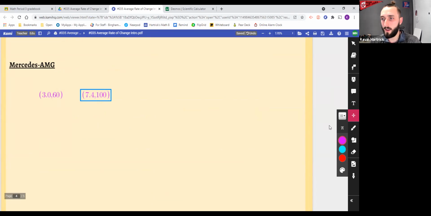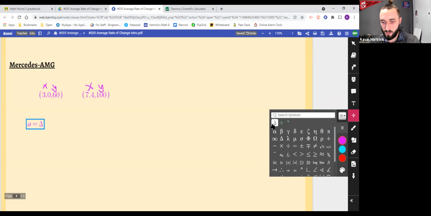Okay, labeling X, Y, X, Y. Sorry for my sloppiness. All right, let's talk about acceleration. What is it? Delta Y, the change in the Y value over the change in the X values. Right? Change means subtract. So Y minus Y divided by